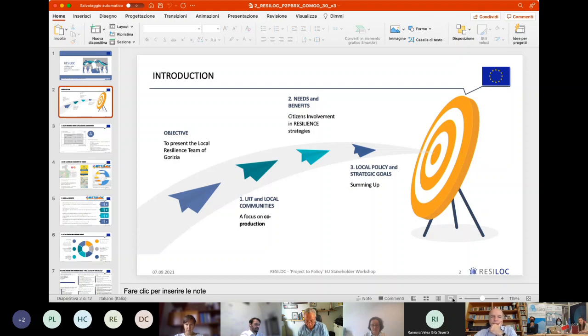So what does an LRT member do? What is the role of an LRT member? An LRT member plays multiple roles. From representing his or her organization and its interest in the community, to supporting evaluators in the data collection processes, to learning and using RESILOC tools during trials, and supporting, for instance, local partners in co-producing and managing engagement activities